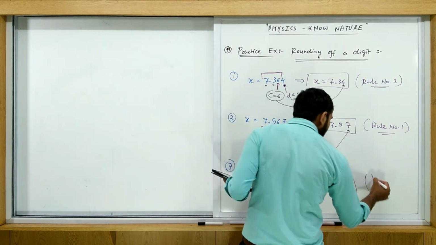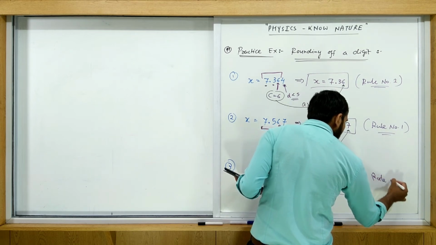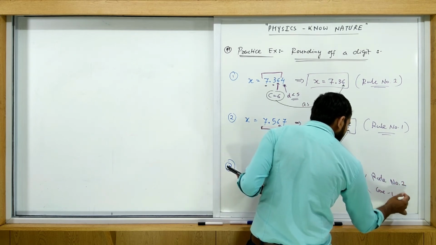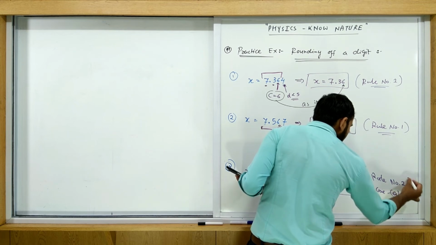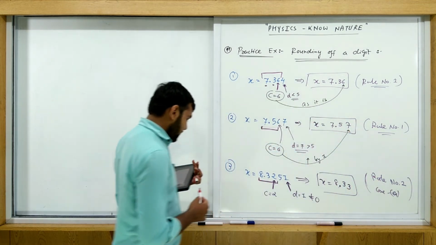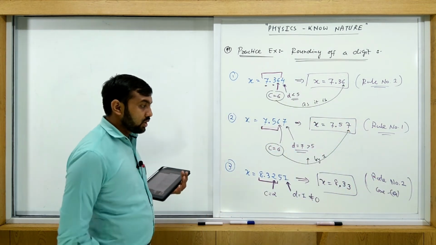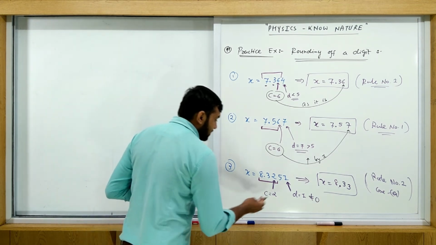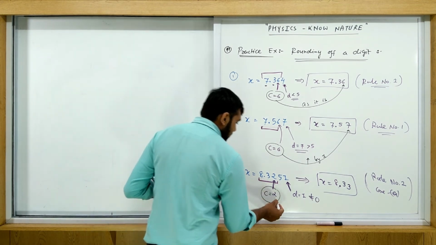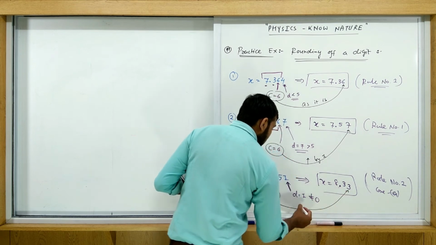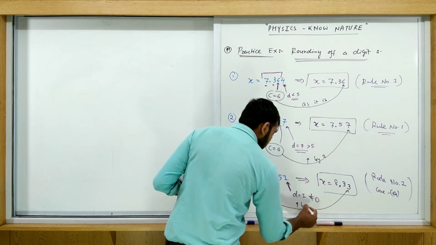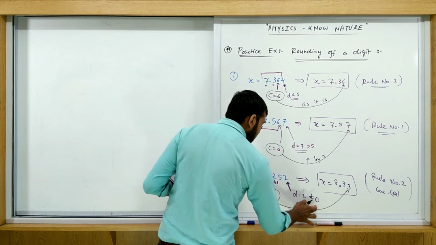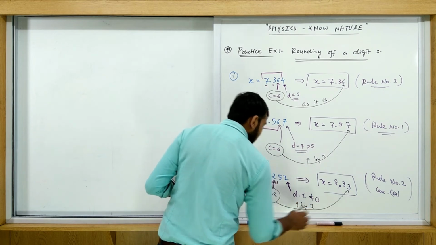Again rule number 2 here. Rule number 2, case A. We have two cases in rule number 2, case A and case B. So that is case A. Why? Because here this C is increased by 1. See, increased by 1. Do you understand? Increased by 1. Compare your answer again.